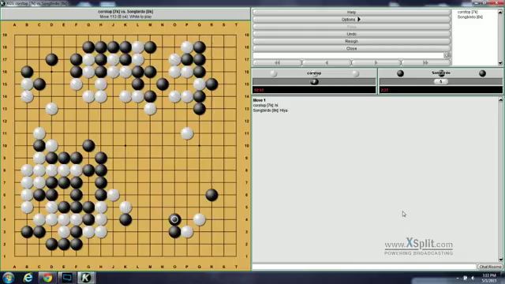Do a double Kakari over here. Oh, you're gonna kick me. That really helps with that. Okay, so you're doing this invasion, and it's a high invasion. If I connect underneath...